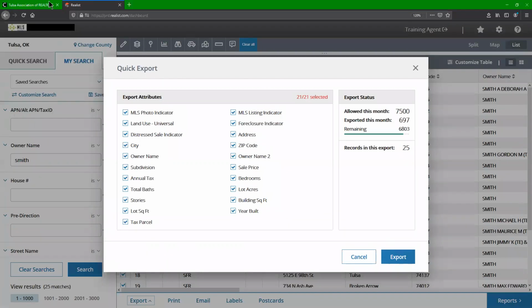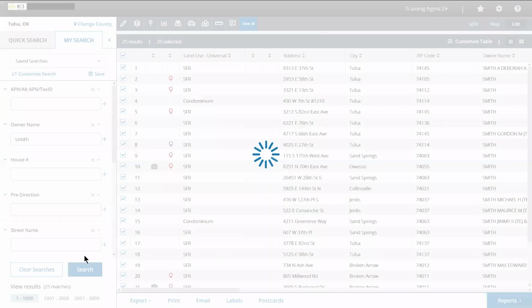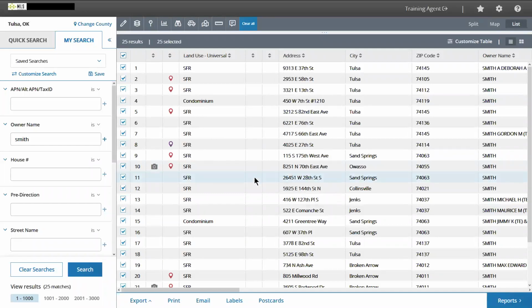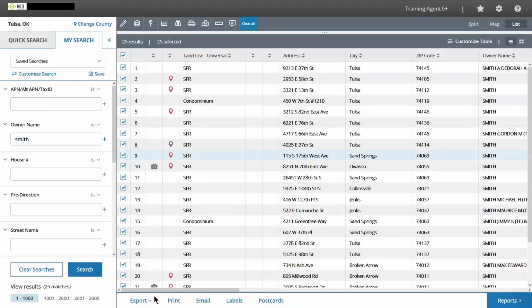So this works the exact same way that we saw in Matrix, where we customized our search results page. And then when we went to the print function, it allowed us to print only just those fields so that we could actually customize effectively a printed report. This quick export's allowing us to do the same thing. It just grabs whatever this table contains. And then when we do export, it saves it as an Excel file. And I can just immediately start working with the data as the raw form of data. There we go. So I really like that,